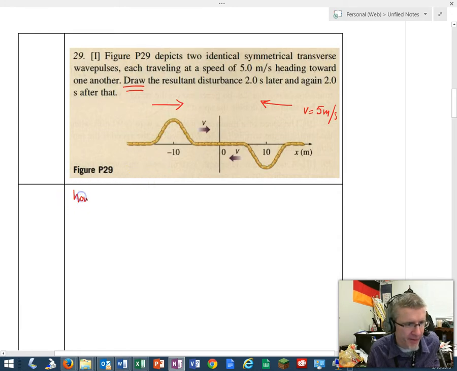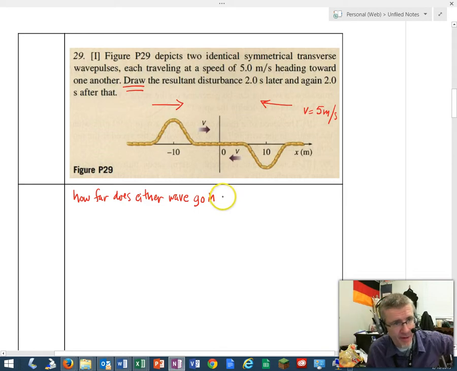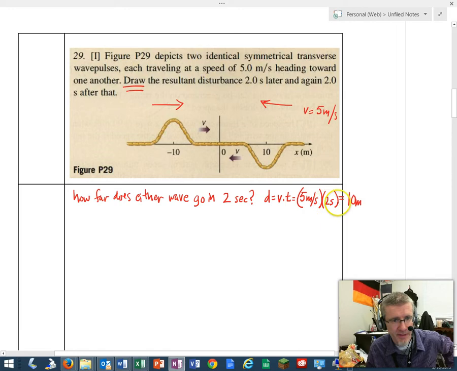So first question I ask is, how far does this wave go in 2 seconds? So distance equals velocity times time. So in 2 seconds, a wave that's going 5 meters per second will go 10 meters. So if I've got something going 5 meters per second and I'm going 2 seconds, then I'm going to go 10 meters. Seconds cancel. So basically, the center of this wave at plus 10, the center of this wave at minus 10,